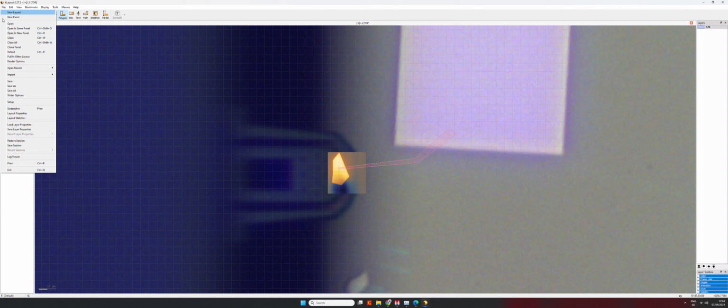I can draw a connection here, here, and here. Okay, this is our contact line. Now we save the file